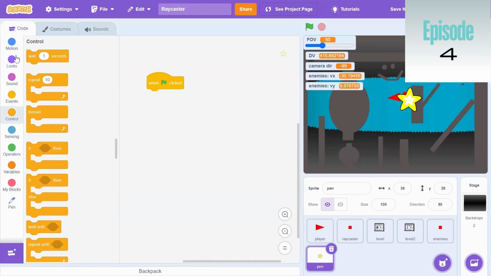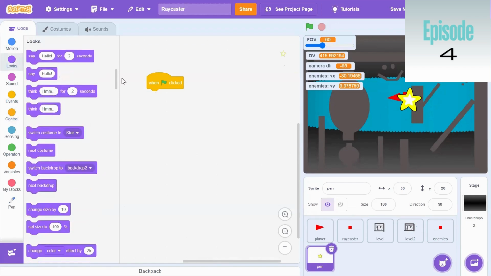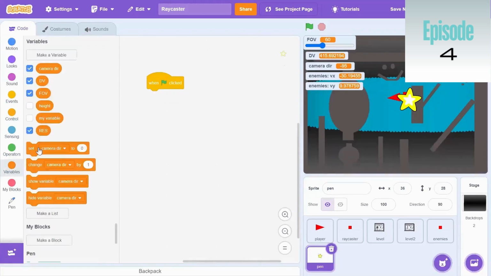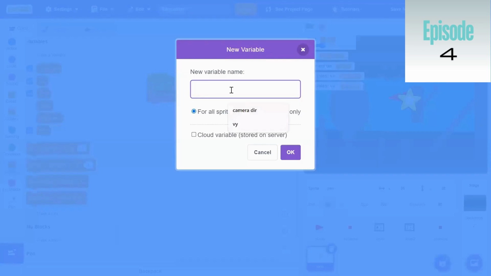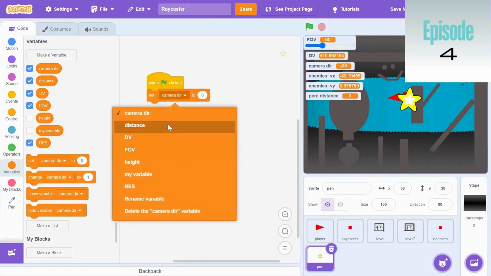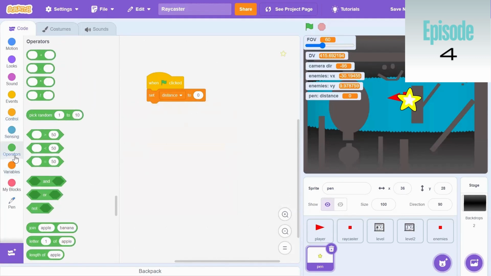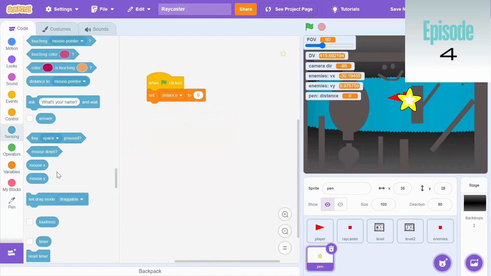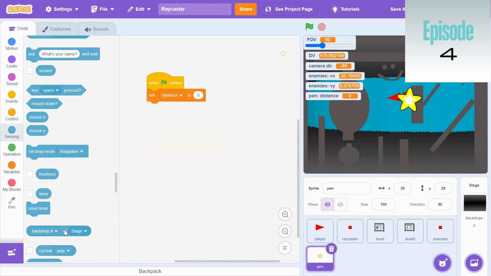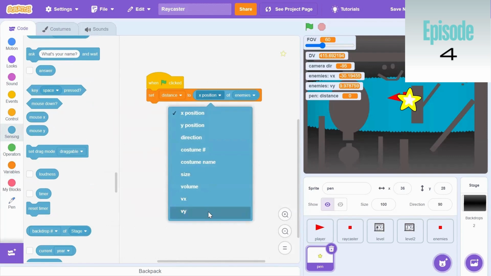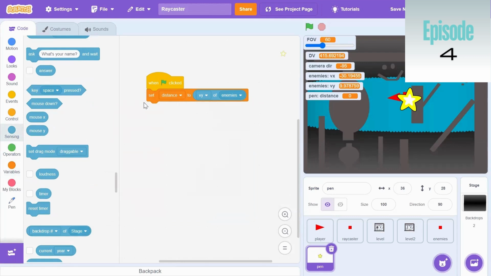to make sure that we're in position, hold up. Where was I? Of course. Set, so you're gonna wanna make a new variable here for the sprite only. So set distance, dv. So set distance to distance from. So you're gonna want to set distance to the vy of enemies, and then